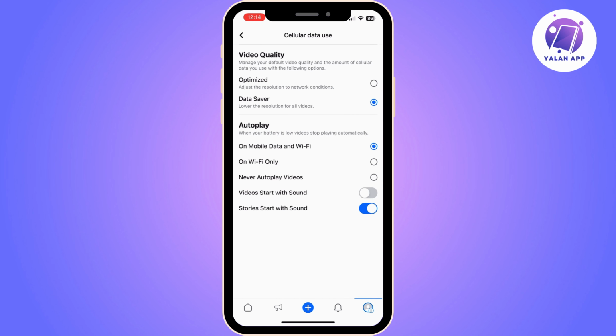Once you click on it, you will get a page where you can manage all your data usage. So from here, you can see under video quality two options, which are optimized and data saver. Here, you will need to make sure that you enable the optimized option and disable the data saver, because data